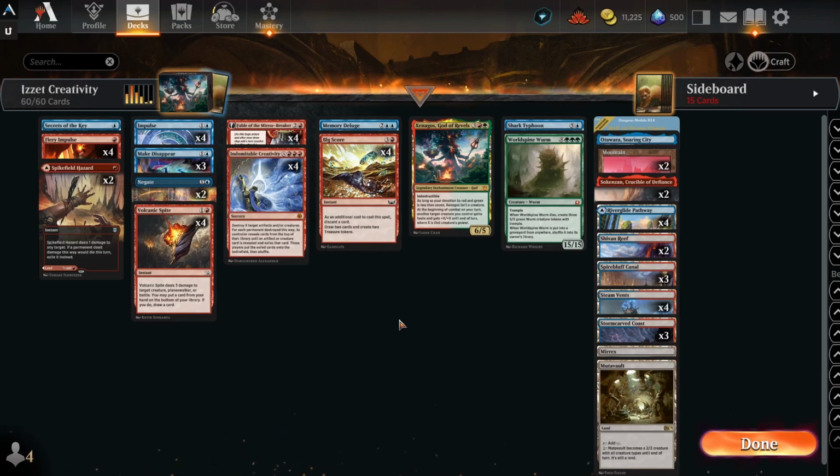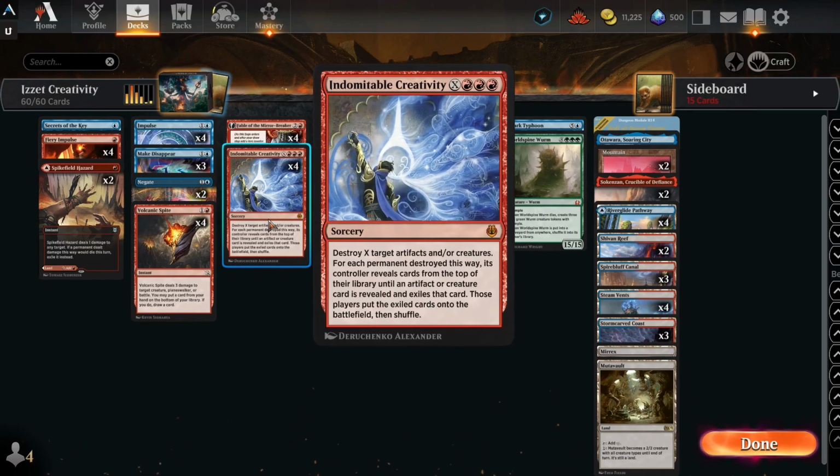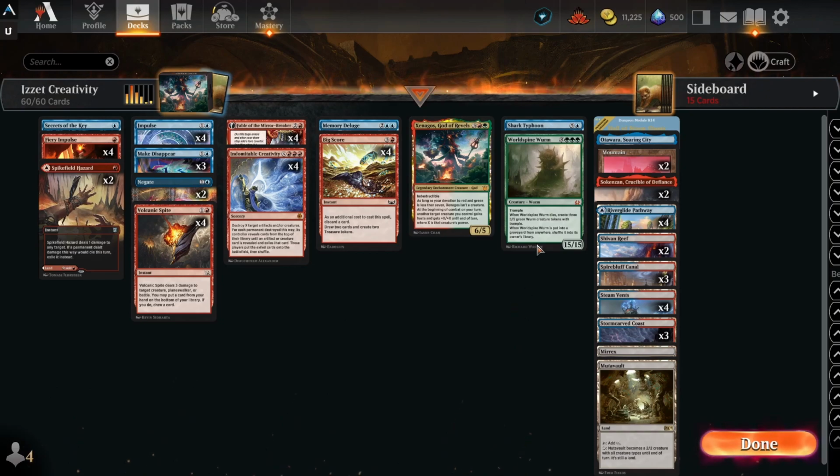There's also versions of this deck that are playing Atraxa for value. But this was the version that Reduke actually used to win the Pro Tour with the Xenagos World Spine combo. So you go get Xenagos and World Spine by casting Indomitable Creativity for 2. And then with both of these, you can essentially swing in one turn for 30 trample damage by pumping the